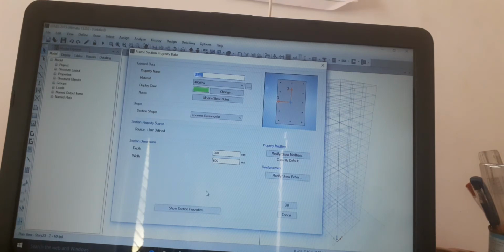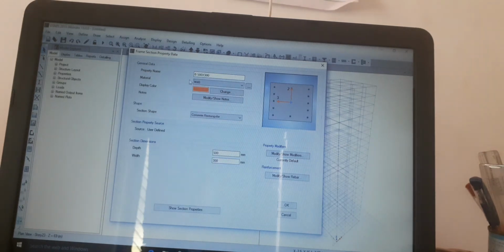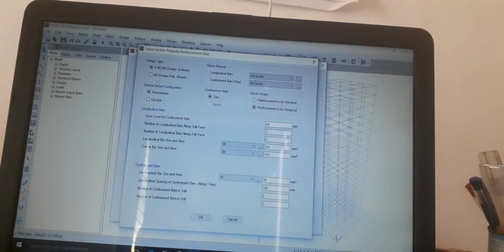Then we have to add new property, rectangular type. Then the property name is B500 by 300. Material type is M40, depth is 500 and width is 300. Then click on Modify/Show Rebar.